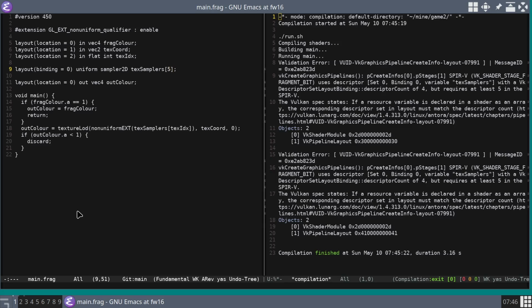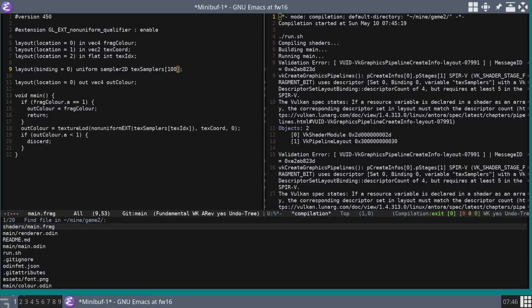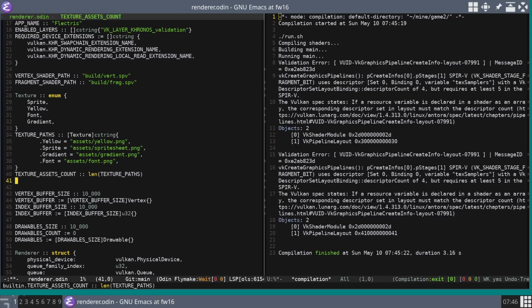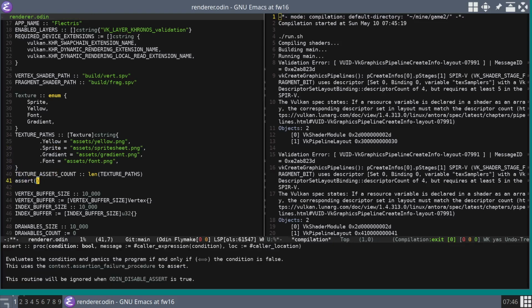That's going to annoy me. I'm going to make that 100. And I'm going to go to renderer. I'm going to add an assert at this point that says texture assets count less than or equal to 100 with a comment to say fragment shader hard codes maximum